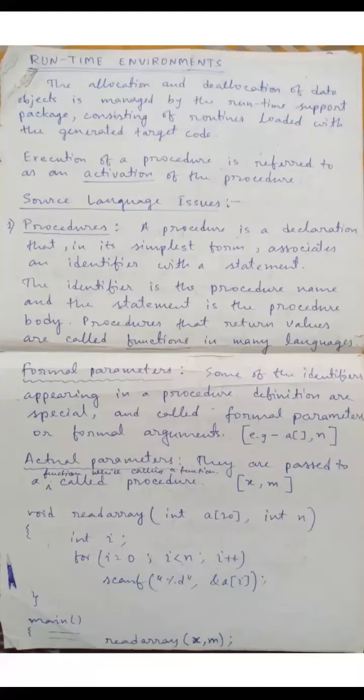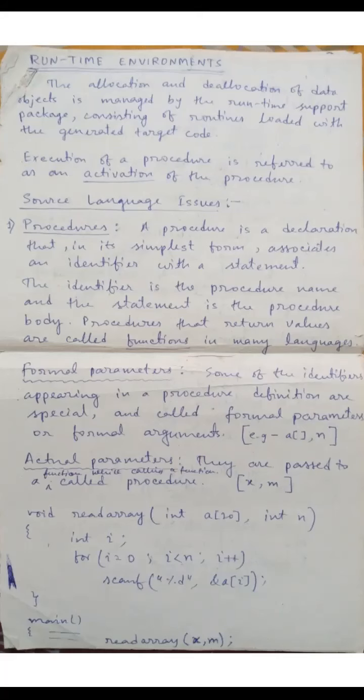So when a program is going to be run or when a program is running, at that time, how the data or how the different variables will be allocated or deallocated in memory space, that is handled by the runtime environment. And in this case, basically we'll focus on a function or procedure: how a function or procedure is loaded into memory, which parts of the functions are loaded into memory, and how it is handled by the runtime environment.